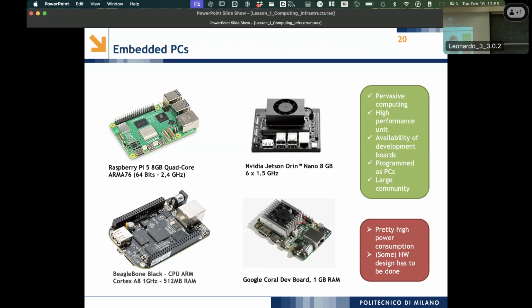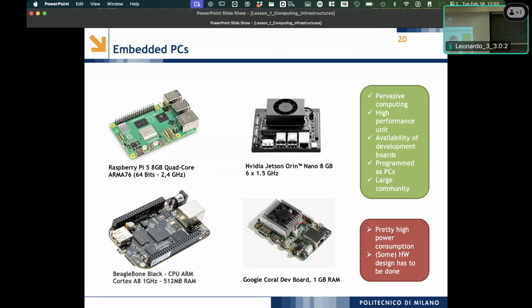Okay, here we have solutions to develop our application like on our PC. These are actually mini PCs. A Raspberry Pi is a small Linux server. There are development kits, and there are usually active communities. So developing applications in this kind of environment is not that bad. It's not that difficult.